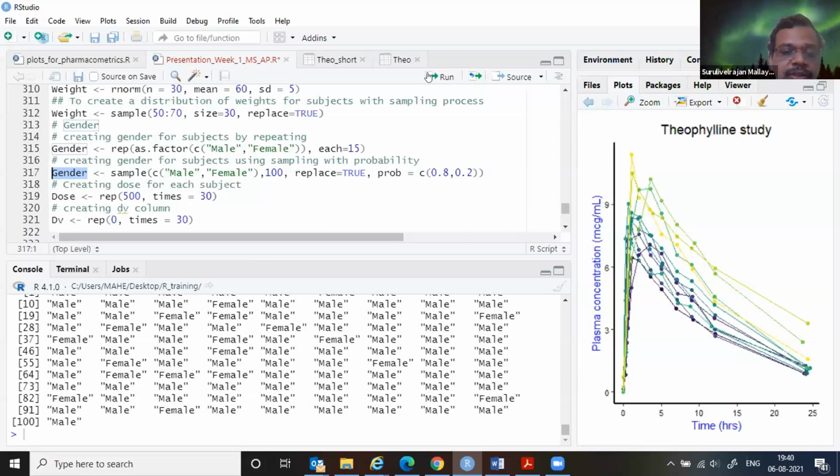There are multiple ways of doing anything in R. Is that clear, Manish? Hello. Yes, Dr. Rajan. Manish is replying in chat. Yes, sir. Got it, sir. I didn't put the probability. What probability should we put at the end? Added this command. Just got it. Thank you, sir. Okay, sure.